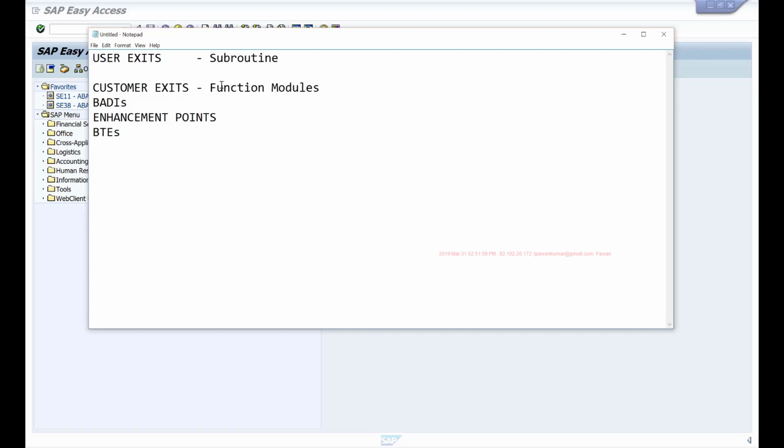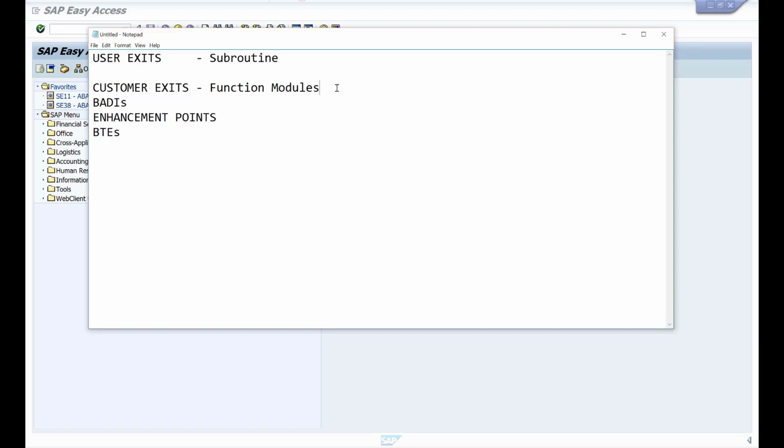But again, the challenge here is that it is very restrictive. So you can only change the data that is being passed to your function module. So there is only so much you can do when you implement this customer exit. Another challenge with this customer exit was that it was possible to only have one single implementation. For example, you have one main program, let's say you're running this VA01 transaction to create a sales order, and this transaction is used by every plant in your organization. And when you want some customization to be done for a particular plant, then it is not possible to restrict your implementation to that plant only.